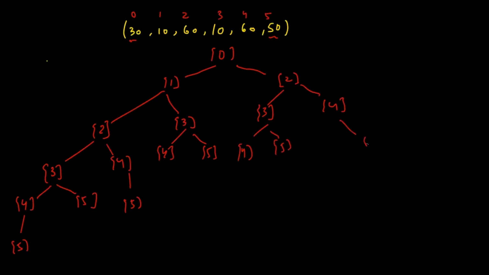From 4 again, you can only move to 5. The other one is not possible. That is 6. So once you have moved through all the possible combinations, in this way we can try all the possible combinations. So that means from 0 I move to 1, to 2, to 3, to 4, to 5. From 0 I move to 1, to 2, to 3, then 3 to 5. So you can see this tree actually represents all the possible moves.